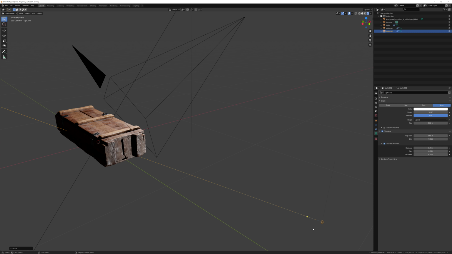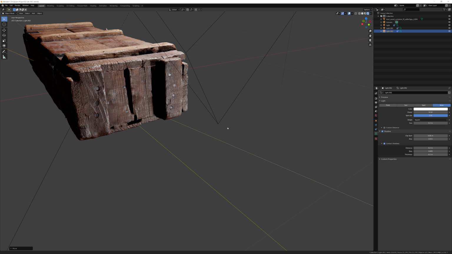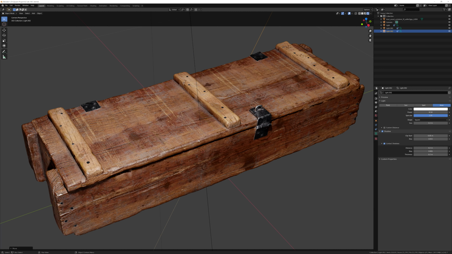So the first thing I'm going to do with the second lamp selected is increase its size to something around 0.2 meters. And the only other thing I want to do here with our second lamp is make sure that it isn't quite as powerful as our first lamp. So we're just going to drop the power down to say around 30. And then let's go ahead and click our camera icon here to see what it's looking like.